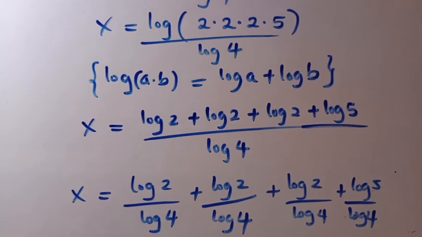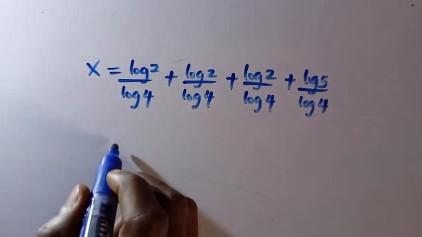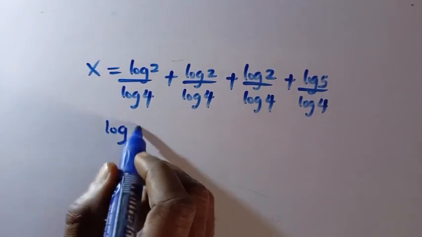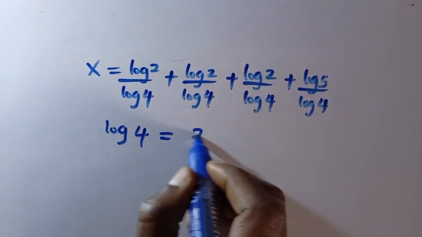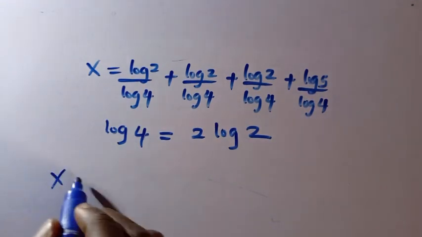Then we have to note that log 4 is the same thing as 2 log 2. So by putting this here, we have x equals